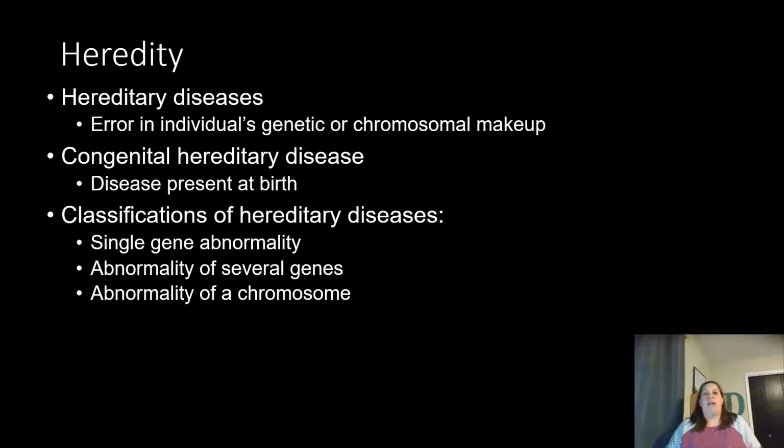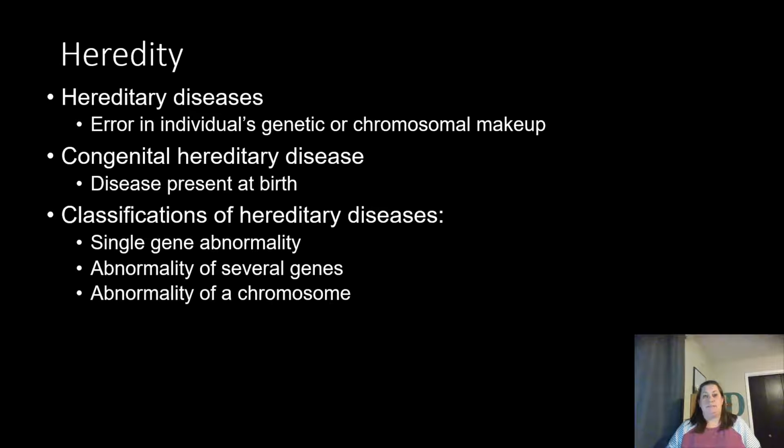So when we look at heredity, guys, this is a hereditary disease, meaning there's an error or a mutation in an individual's genetic code or chromosomal makeup. So guys, we could actually have just one little mistake in the genes, the genetic code, or we could actually have too many chromosomes, not enough chromosomes, a piece of a chromosome could be missing or added. There's a lot of things that could happen genetically that could cause some of these diseases. Now, some of these diseases are also considered congenital. So if it's a congenital hereditary disease, this is a disease that is present at birth that's going to be